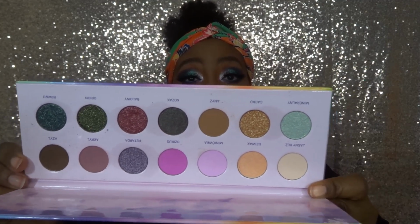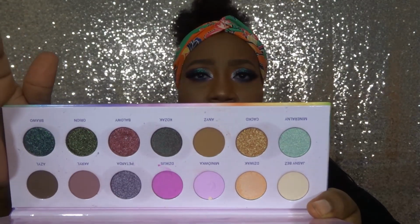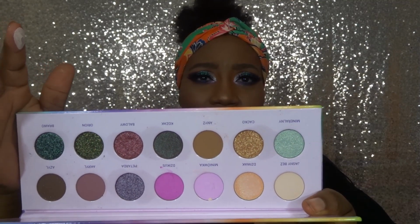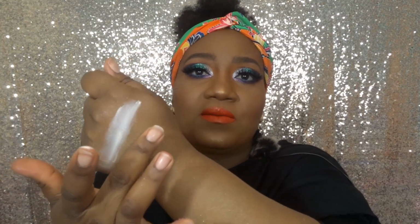So again, I'm going to swatch the whole of this palette. As I've always mentioned on this channel, their mattes are quite soft, so be very careful. You only need to dip a little into them, and they also give fallout when you're using them, but they are pigmented. So if fallout doesn't bother you, then it's fine. I mean, fallout bothers me and I still use them. I love them. So that's the first shade,